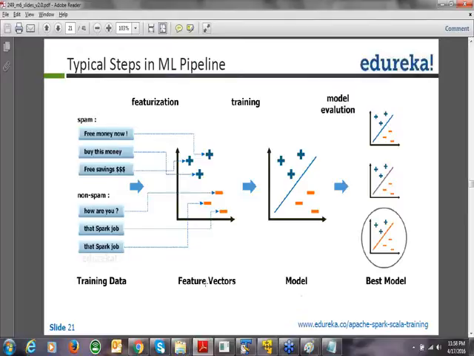By looking at the existing training data set, it will create its own model. Once the model is generated in the training phase, that model will be evaluated, so you can test the performance of the model. There will be different testing methodologies applied depending on the type of algorithm. If it is classification, or a specific algorithm, you have specific types of testing methods with which you evaluate